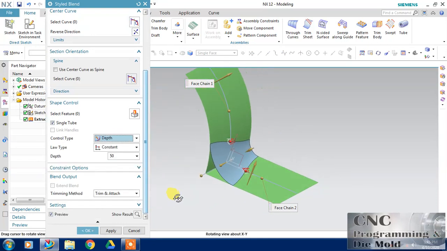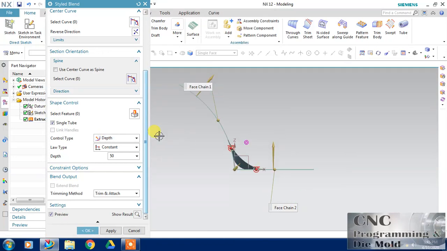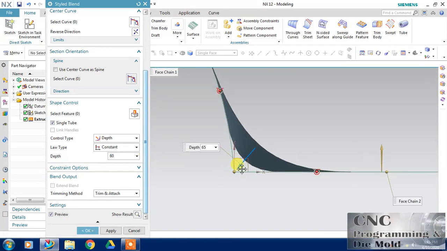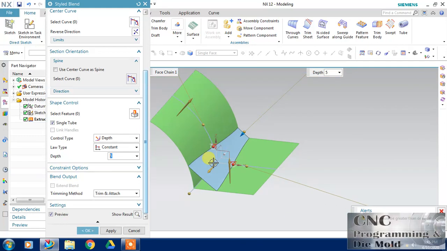Now I will cancel this, and for my second option I will create a spline, and click OK and finish this.